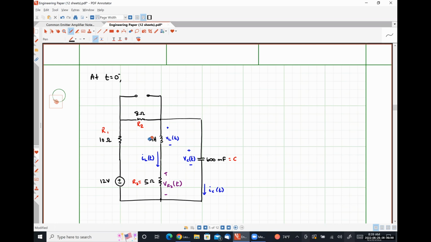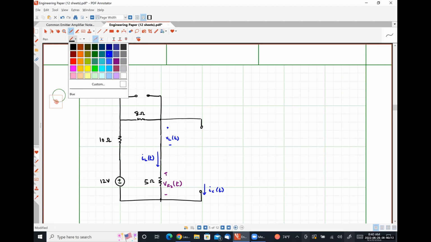Our inductor is going to look like a short circuit. And our capacitor is going to look like an open circuit. So we will have